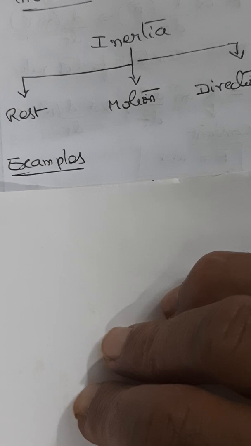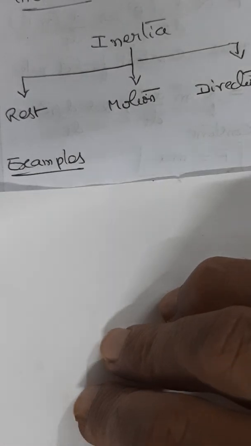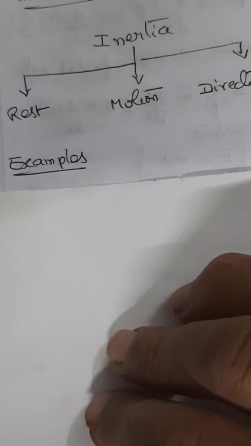Similarly, the rotating wheels of a vehicle throw the mud in a tangential direction due to inertia of direction. This is the reason mud guards are provided in vehicles over the wheels, to stop the mud so that it protects the clothes. So these are some examples to understand the law of inertia. We have so far discussed the first law of Newton. In the next stage, we will see how we can understand the second law of Newton.